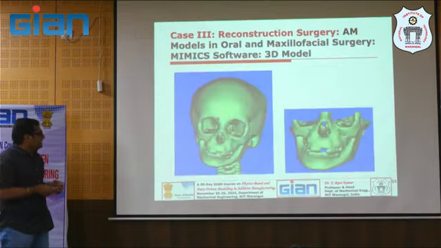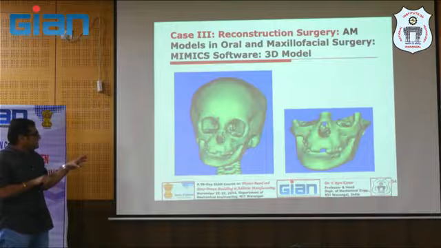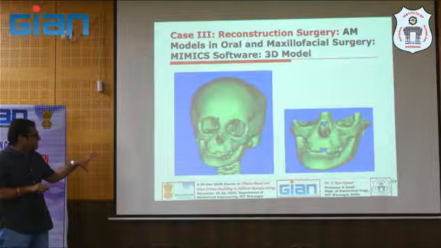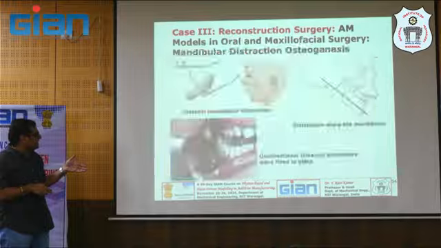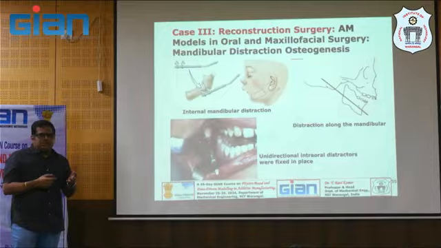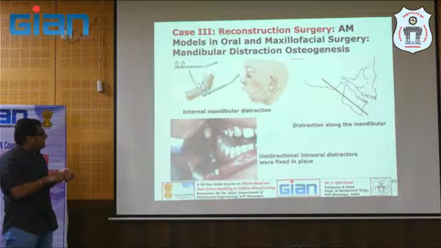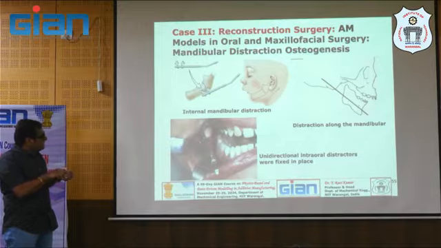But anyway, so here in this case, the CT data has been taken and it has been reconstructed. Now this is a Mimics generated 3D model after taking the CT data and reconstructing it. And then they will use this device called a distractor. So they will cut the bone and they will leave that bone, and bone will have its natural growth, right? And then that growth will be controlled by this device, and if you rotate it, it will be advancing,